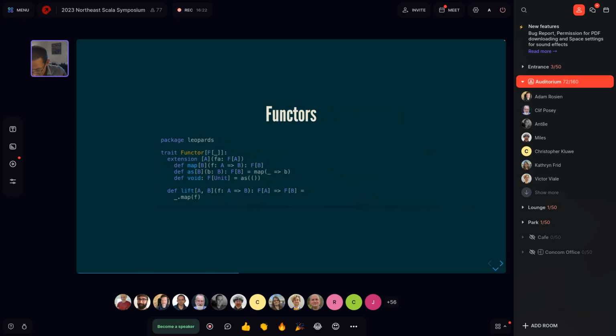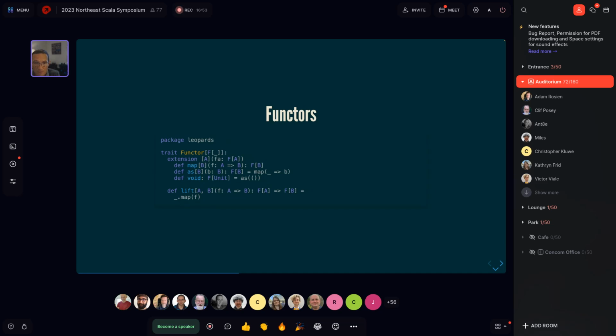All right, let's look at a few more. Again, I'm not going to talk about type class laws, and I'm not going to introduce the concepts of functors and applicatives and monads today. Rather, we're going to breeze through some syntax just to see how this stuff looks different in Scala 3. So here we have our functor type class. Functor is parameterized by a single type parameter F, which is a higher kinded type, right? A type constructor of a single argument.